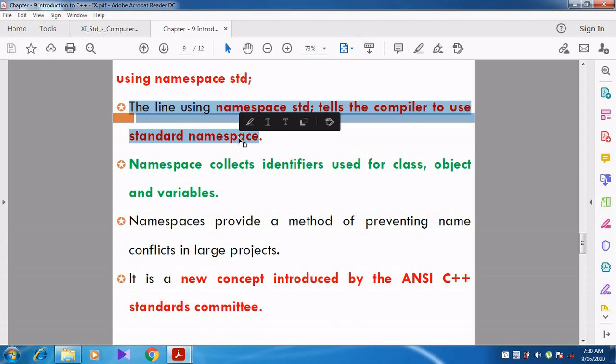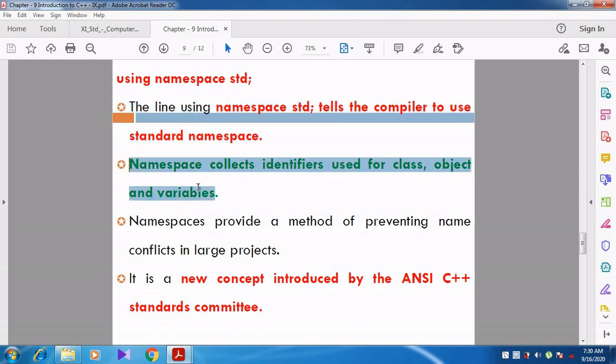So what is meant by namespace? Namespace collects all the identifiers used for classes, objects and variables. All the identifiers we have used are collected together and stored in the namespace.